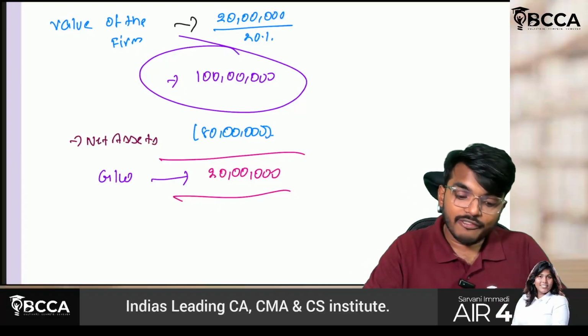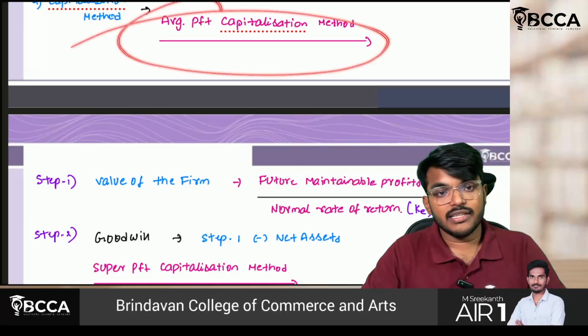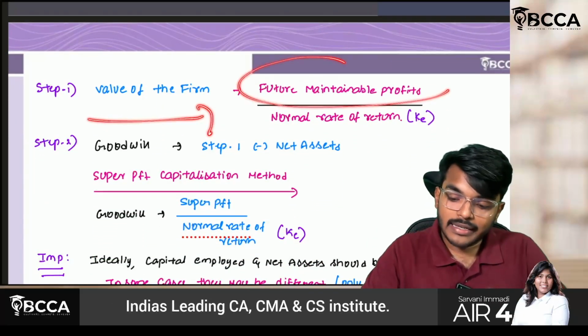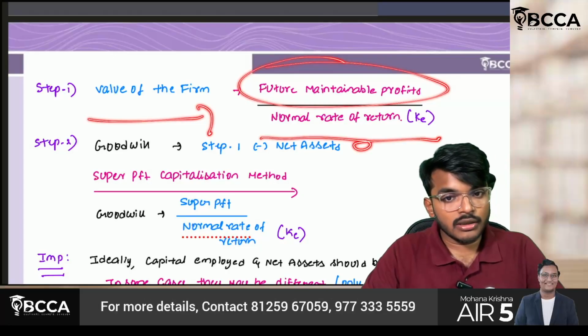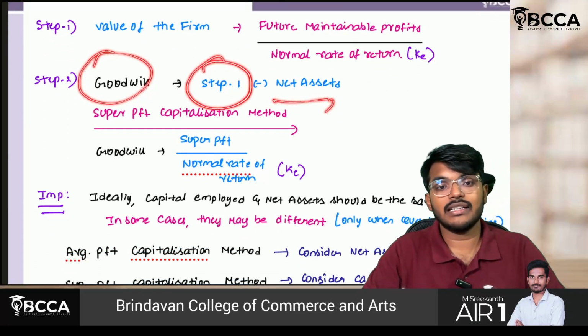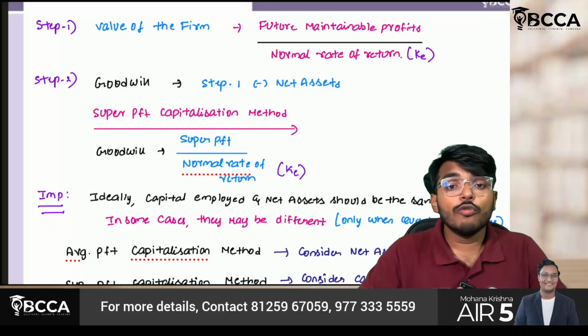So this is how you have to calculate the value of the firm using the average profit capitalization method. Sir, what is the first step? You have to calculate the value of the firm: future maintainable profits divided by normal rate of return. And second step, you have to calculate the goodwill. Sir, how will I be getting it? Step 1 minus net assets. If you do step 1 minus net assets, you will be getting